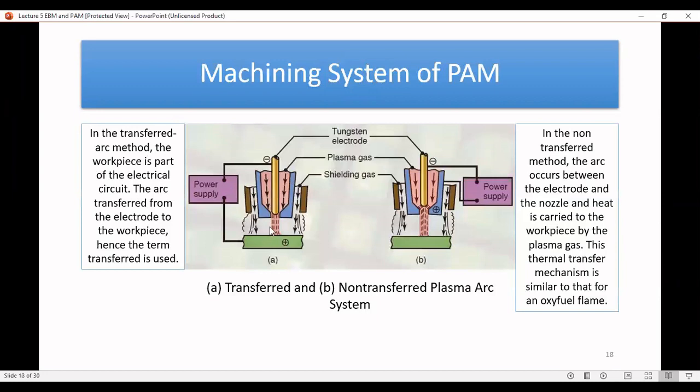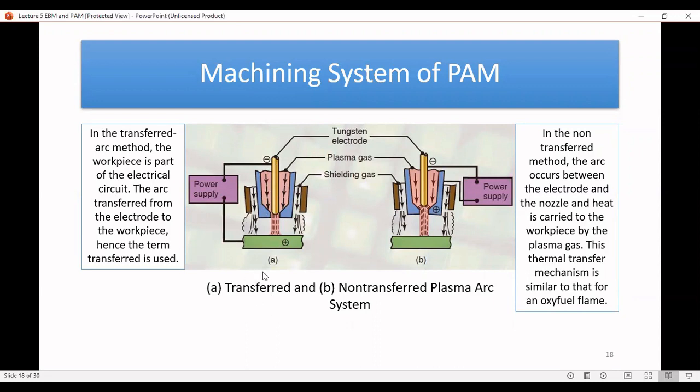Okay. So if you look at the machining system on PAM, there are two methods. One is the transferred, the other one is the non-transferred plasma arc system. So on the transferred plasma arc system, basically you have a tungsten, which is the cathode, and the anode is the workpiece material. Right? So you transfer the arc between the tungsten cathode to the workpiece, which is the anode. Okay, so this is called the transferred